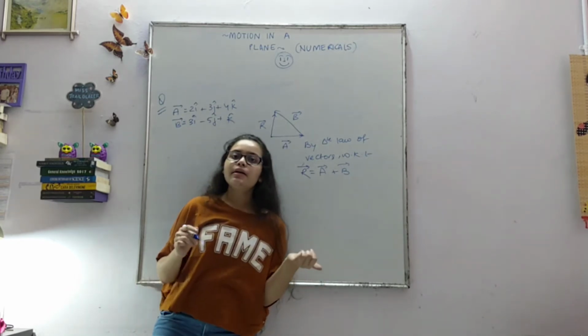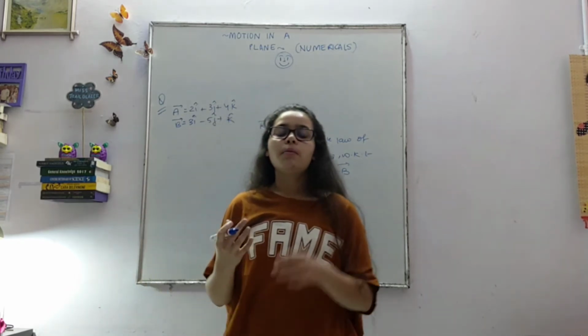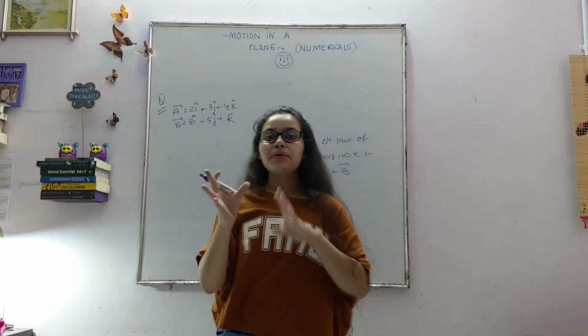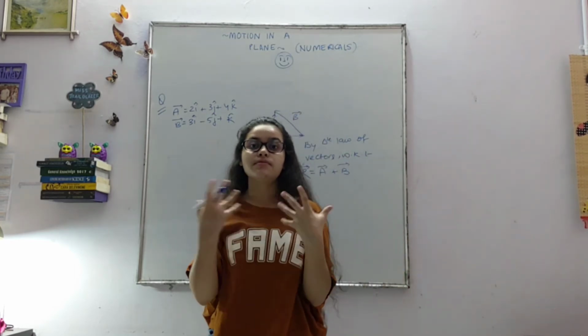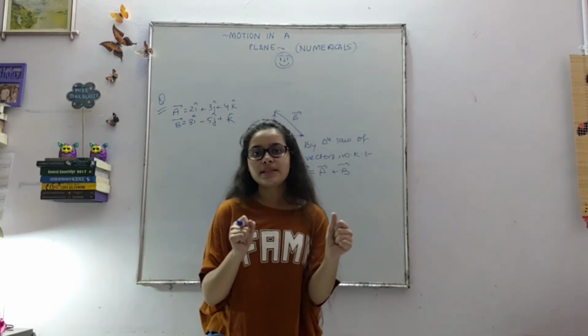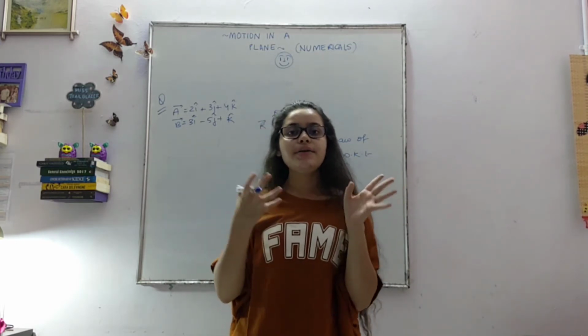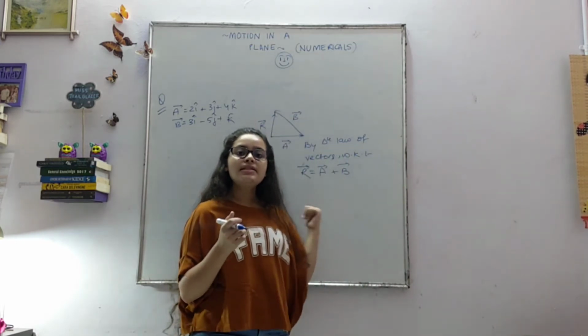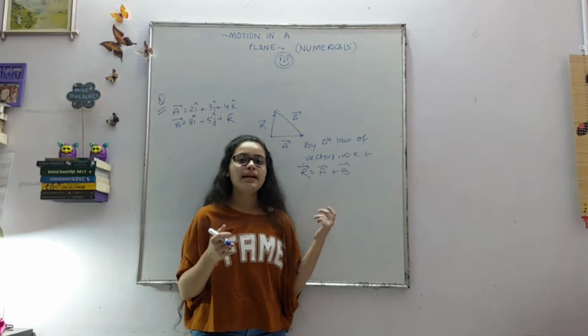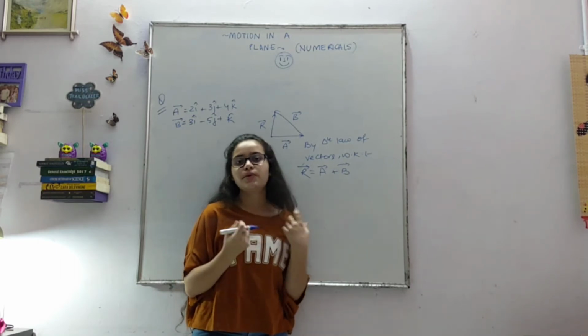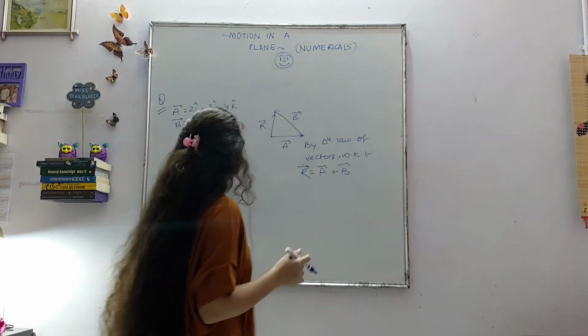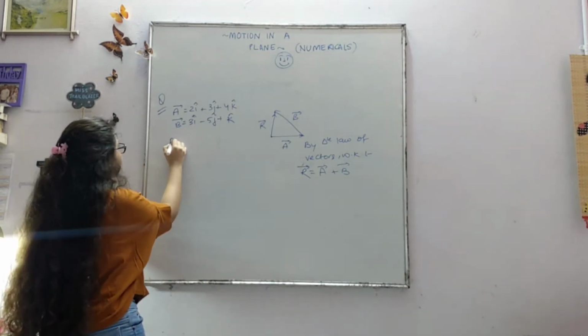Remember, we have done polygon law, parallelogram law and all of those things, but you have to decide which law you have to use when. That is why I said those concepts are very, very important. You need to keep them strong, because even in such simple questions those concepts are applied, and if you forget, you're going to lose marks just for a simple question, right? So okay, so how do we get R vector?